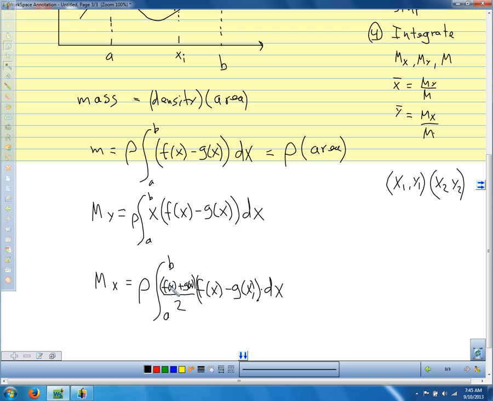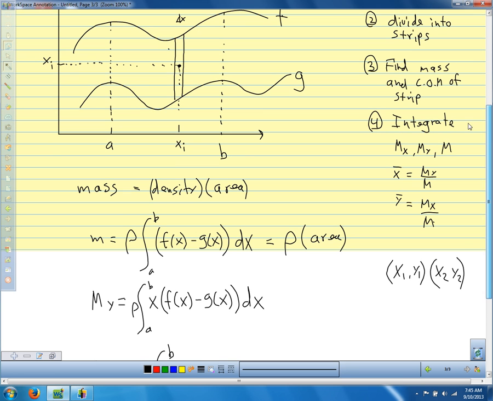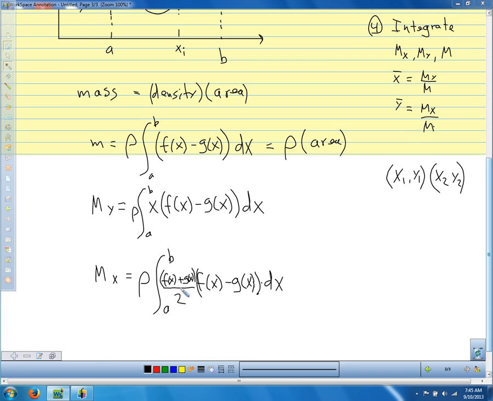So f of x plus g of x divided by 2 is the y coordinate of the middle of that rectangle. It's the average of the top and the bottom of the rectangle. So my moment about the x is going to be given by this integral. This f of x minus g of x dx times rho is the mass of the little rectangle. This gives me the y coordinate of the center. And then we know that